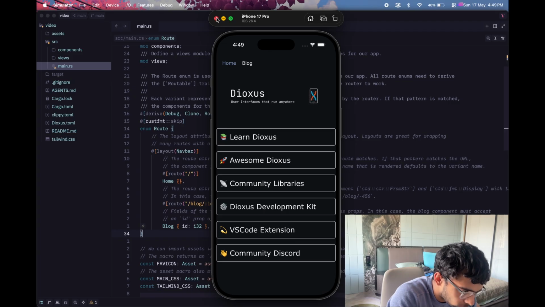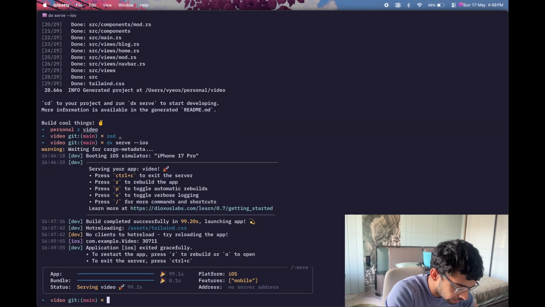Now I'm not changing anything. This is just the default code that it ships, and I'll kill this and I'll say dx serve --web,